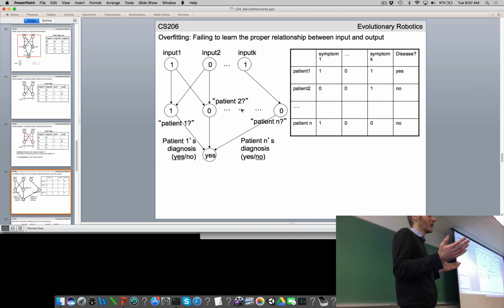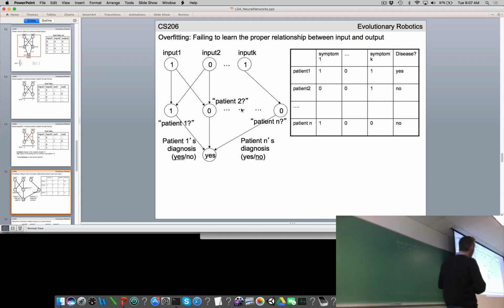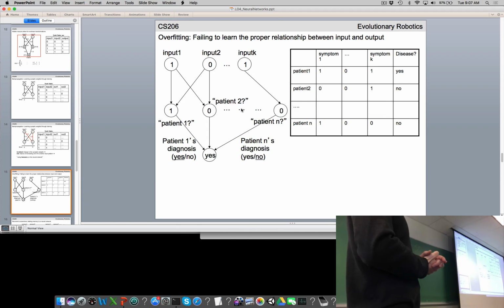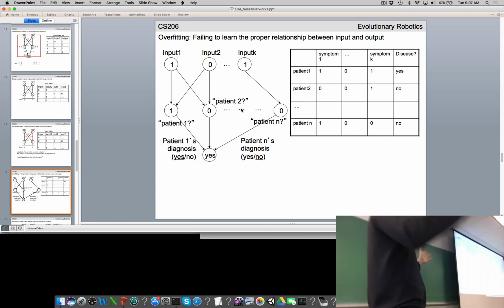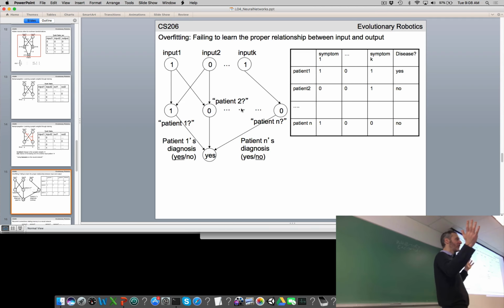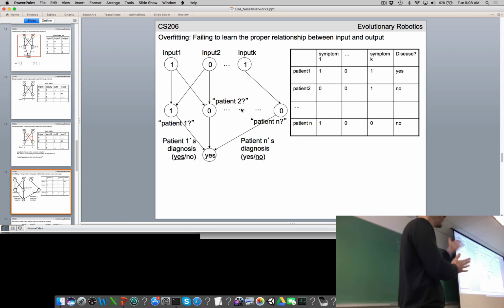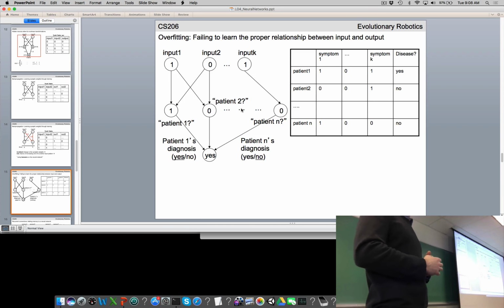Who knows what it's going to predict? It's probably not going to be correct. So this is a very real challenge in machine learning, this idea of overfitting. Instead of predicting disease states of a patient, we have an artificial neural network inside of an autonomous car, and it's been trained on thousands of miles of video footage from the road, and unbeknownst to us, there are some situations that can still occur to that car that don't match anything in its experience. It may not be able to predict what it should do in that novel